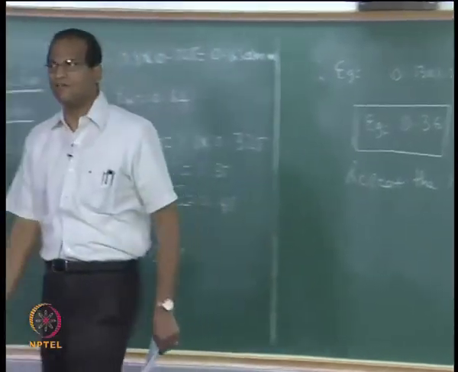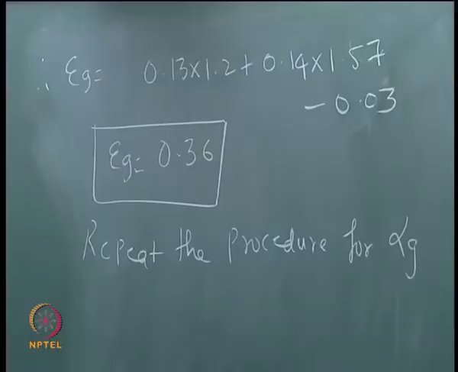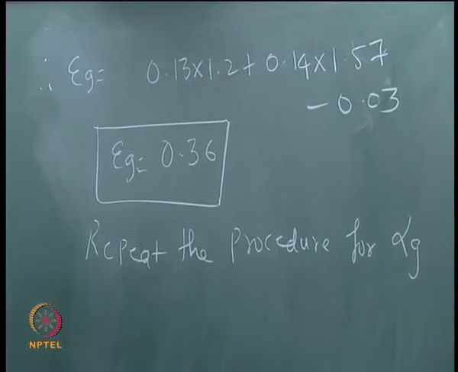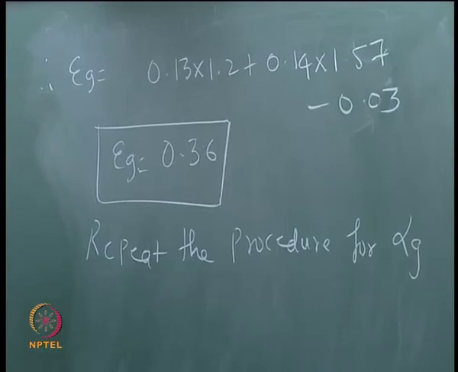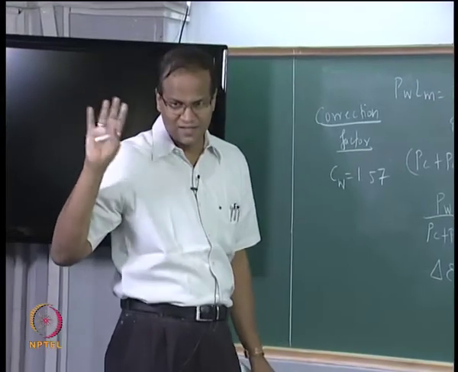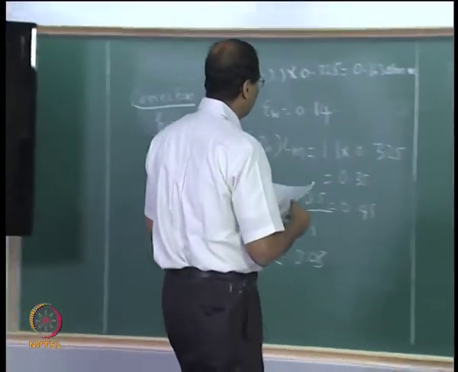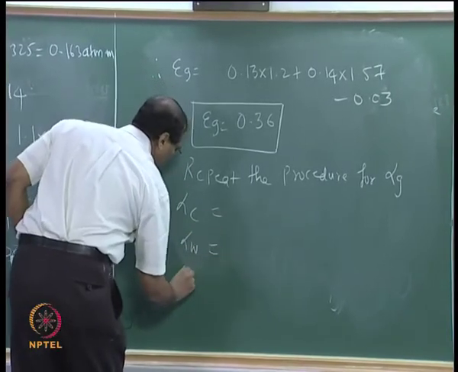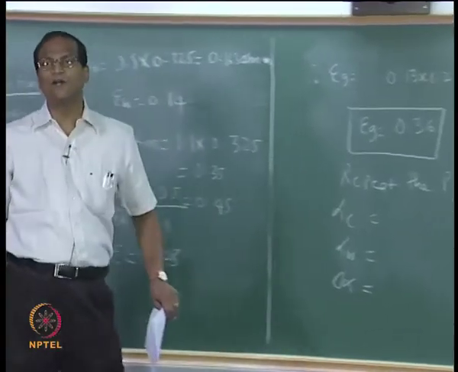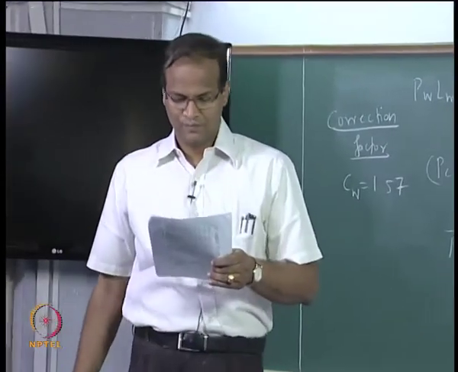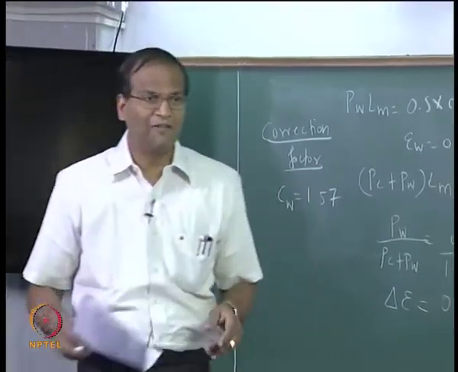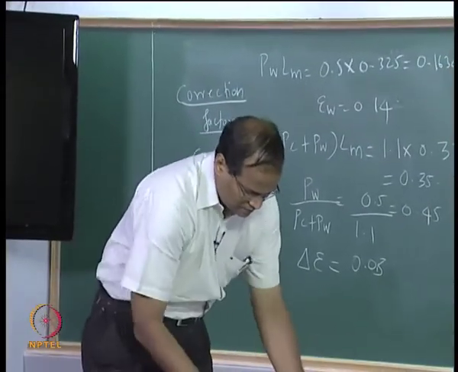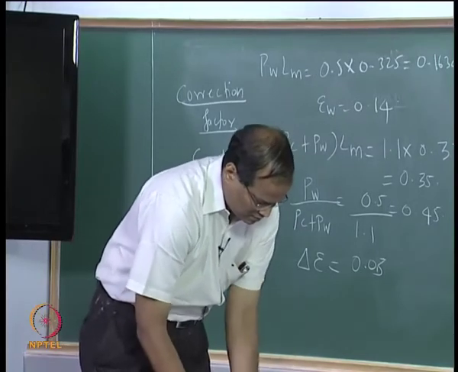So repeat the procedure for alpha g. But you have to apply the correction Ts by Tg and all that. The two correction factors, Cc and Cw, are the same for alpha, right? But first we will do the delta alpha, na? Delta alpha, it is based on the delta alpha